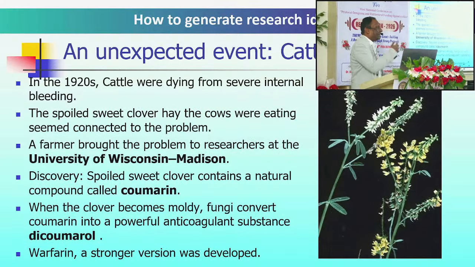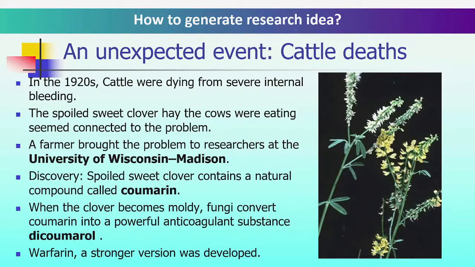I will give some specific examples. You know how warfarin was discovered, or how warfarin came into existence? I will show how an unexpected event turned into something which is very important. What happened in the 1920s in Northern America and Canada? Cattle were dying from severe internal bleeding. Cows were dying from severe internal bleeding, and the local farmers identified that this spoiled sweet clover